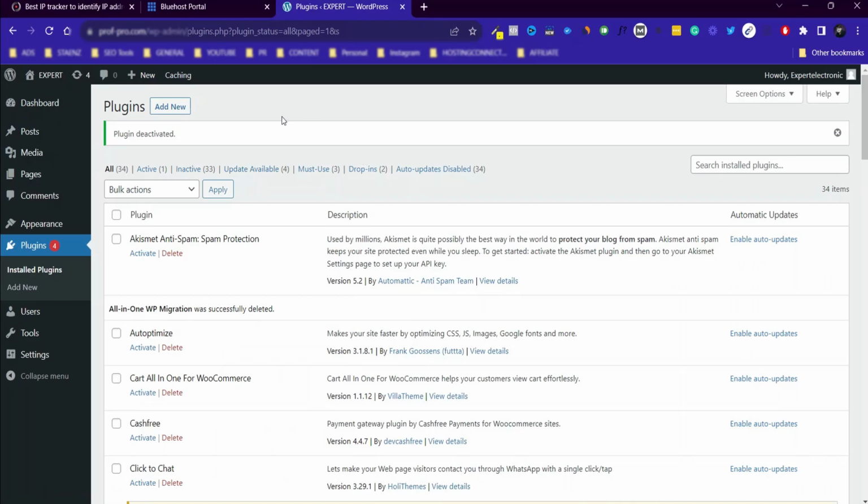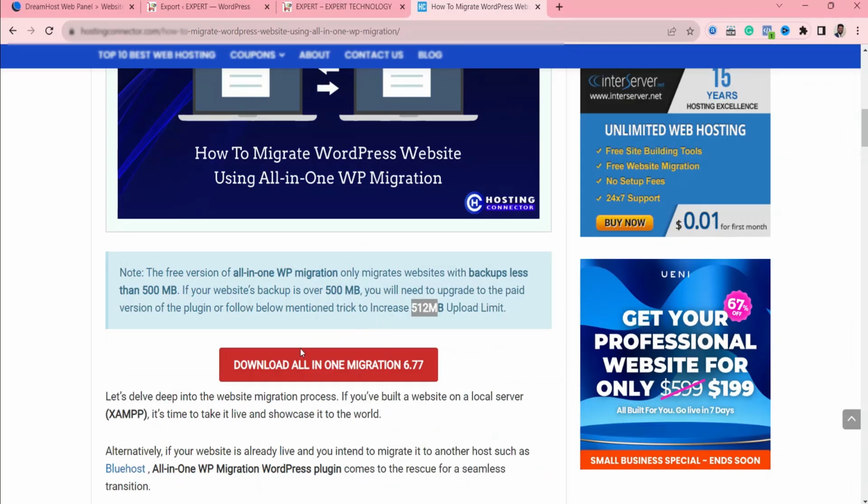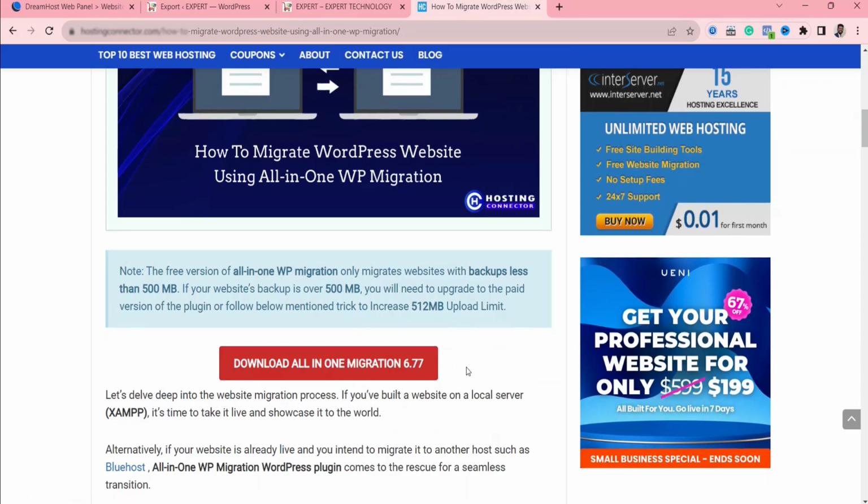So this is your new WordPress, and here you need to install the All-in-One WP Migration 6.77 version, because the plugin is now paid. So we'll show you here the complete free process of how you can do that. Download the plugin from here. The 6.77 version you can download from this link. Okay, so here is the link. We'll download this plugin. The plugin has been downloaded,